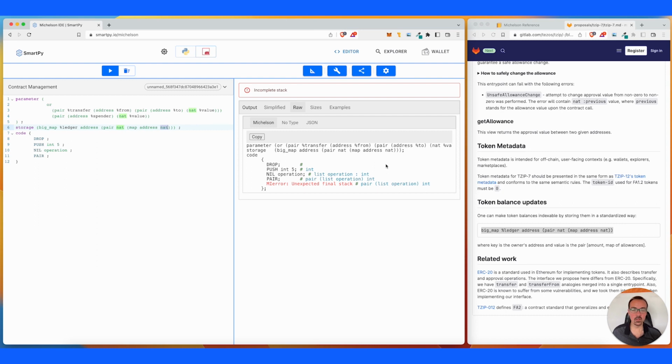Here of course we have a problem in the stack. It's because I pushed this dummy value here, and of course it doesn't work anymore because the storage is expected to be a big map, and here I push an int. So we're going to have to write some different dummy code, at least to make it compile. So instead of dropping it, what we're going to do is use an instruction